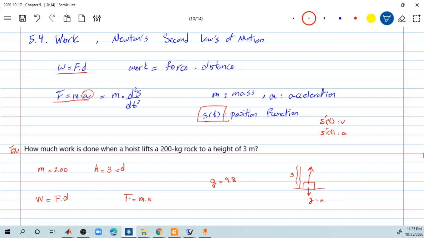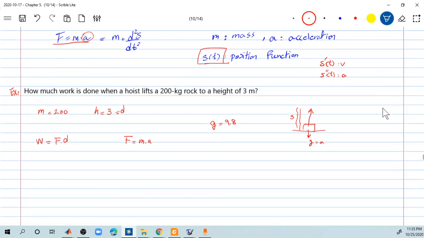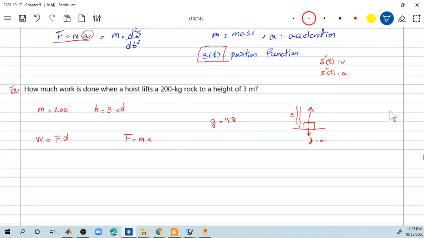So what we can find is force. First, let's find force. So what is force? F would equal M, 200, times 9.8. And calculate this, it is 1960. And W,